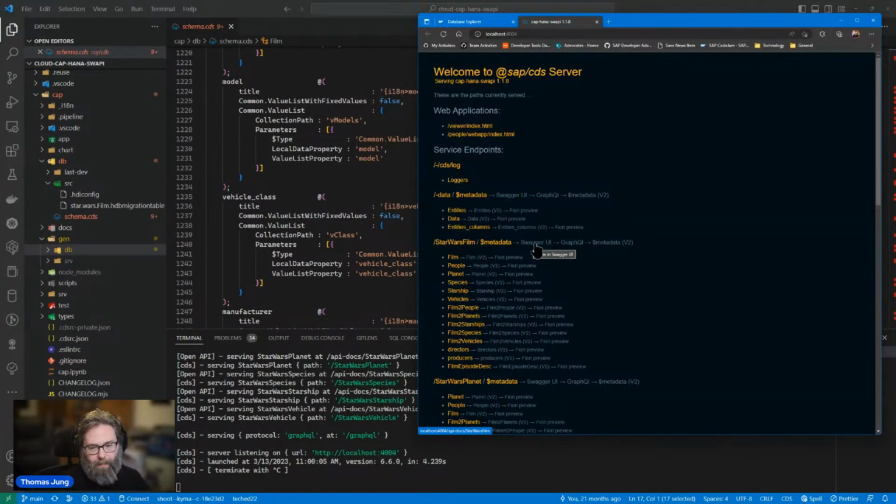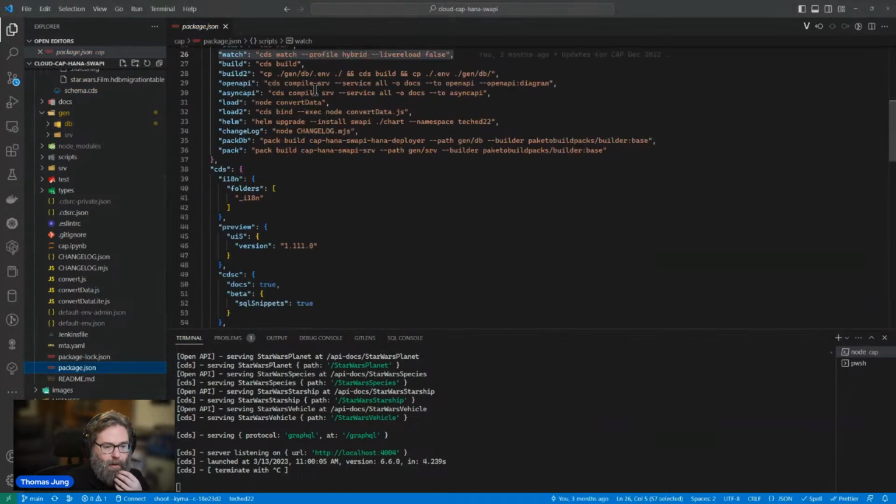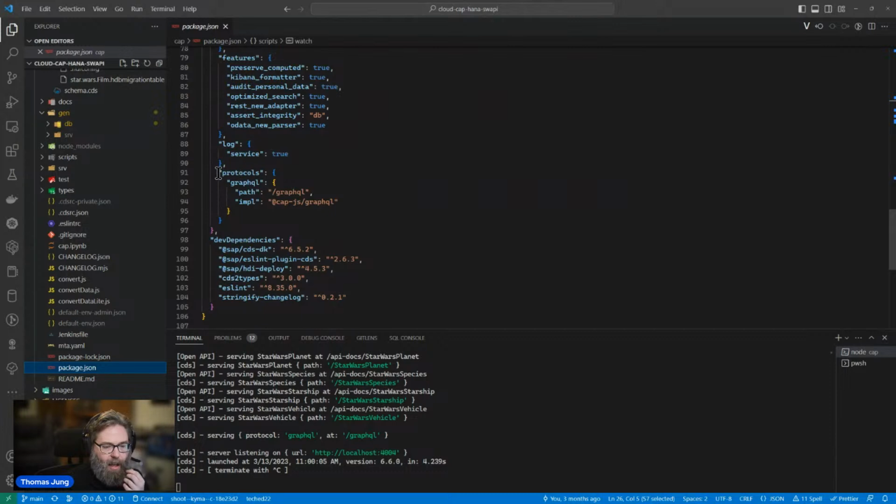So first of all, I've turned on some optional capabilities of the cloud application programming model. I'm going to show you how we have OData version 2 and OData version 4 capabilities, and how we can add Swagger UI for OpenAPI compatibility and testing, and how we can add GraphQL. And these are all things that you can get out of the box with just some simple configuration in your package JSON. For the most part here, like the GraphQL, I had to just add that to the configuration file of the